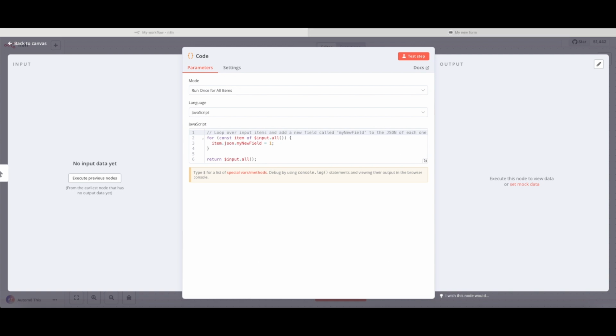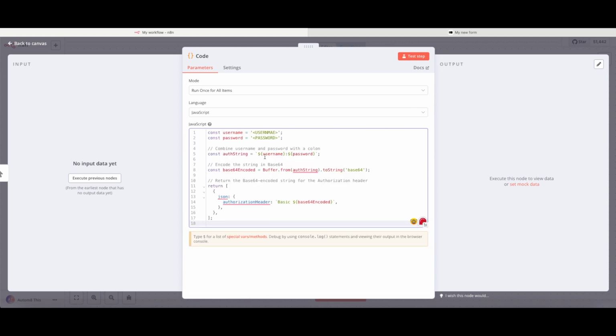And I've created a simple piece of code that's going to allow me to do this. If you click on the link in the description, that will take you off to the relevant page on our website for this. You can copy and paste this code or the node if you want to directly pop this in. So I've got a couple of constants here at the top and the code underneath to turn this into